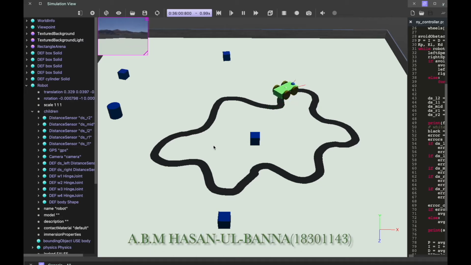I welcome you to our 461 final project. Here we have built a line following robot and implemented a PID controller. We used the robot that we used last time, only added 5 DS sensors to our robot so that it can detect our track. We also changed the floor color to white to make it easier for our robot to distinguish between the floor